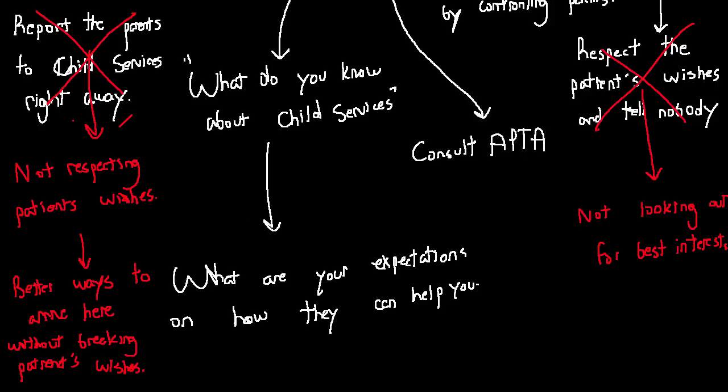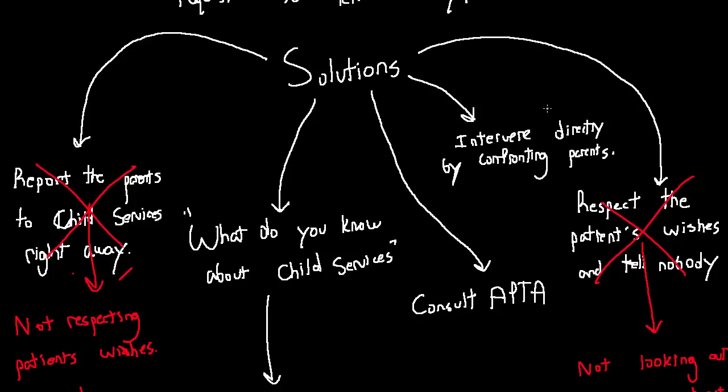Okay, so we have these paths over here. This one over here, like I said, we're crossing this out right away. I just listed it because it's a possibility, but you could subject the patient to more abuse. Because we know, based on the questions we asked, we might find out that the parents would hurt this child if anyone were to find out. We don't want the parents to know that we know this right now.